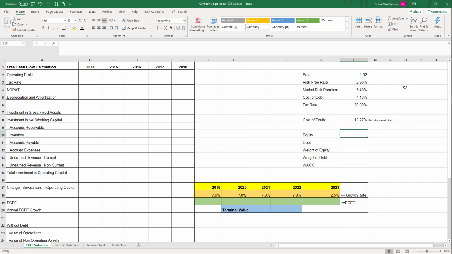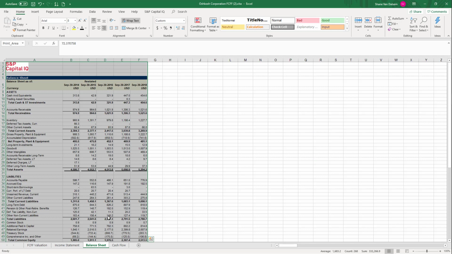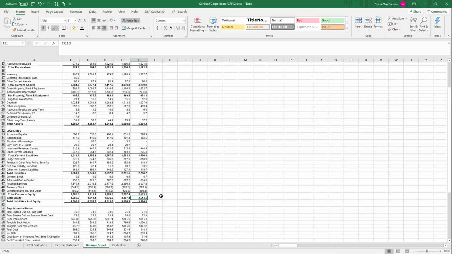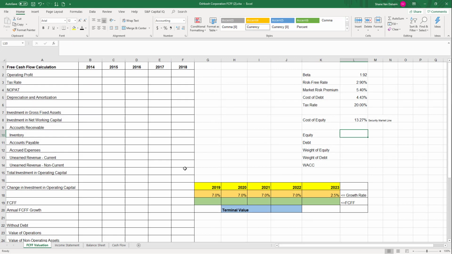The amount of equity, we're going to use the balance sheet values here. So if I look on the balance sheet, and I'm going to go to the most recent year end, total equity is 2513.5. So we'll go back here, equals